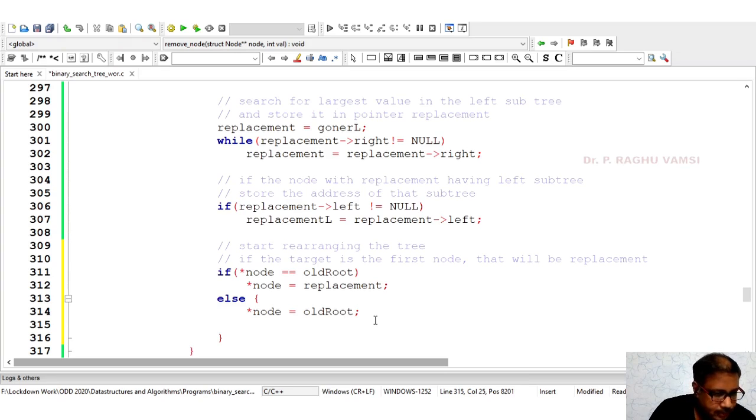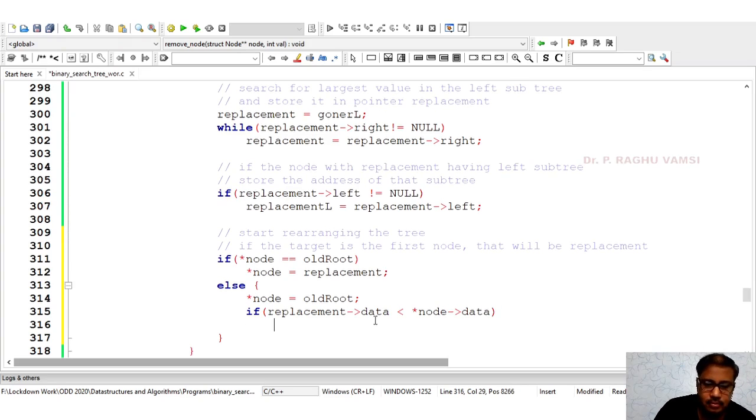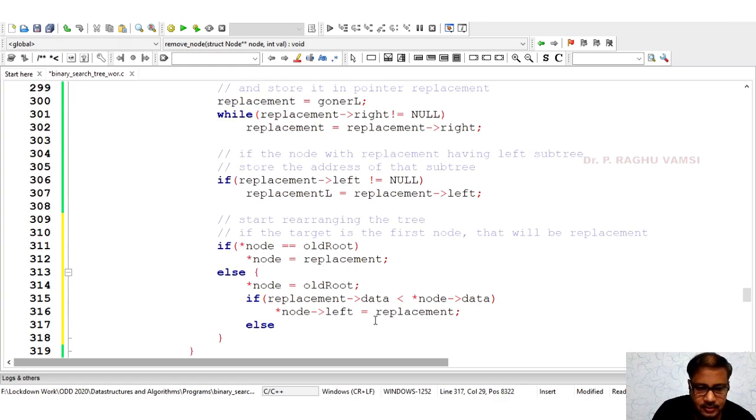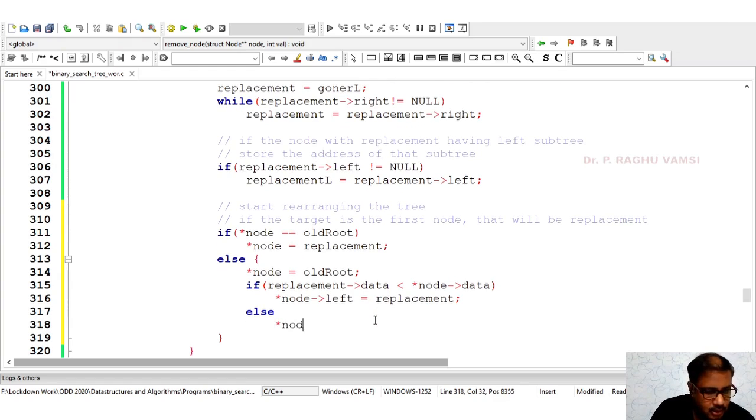Then if replacement data is less than star node data, then star node left is equal to replacement. Else star node right is equal to replacement.